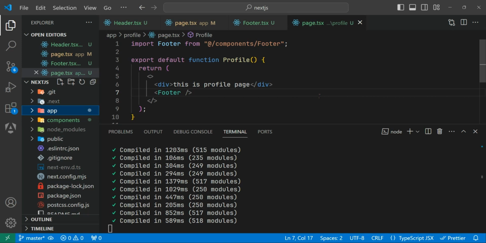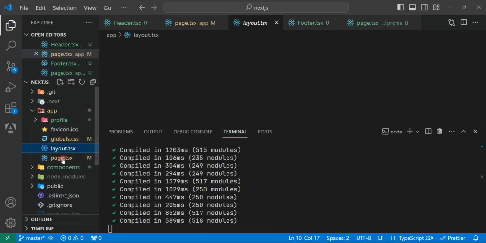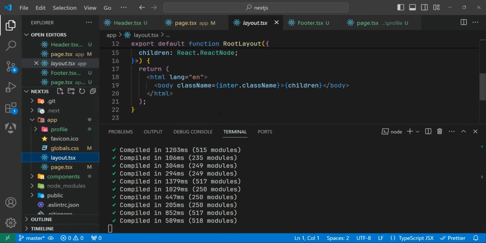Now the other is if you want to use some components or some texts, some elements reusable inside other pages, we use layout.tsx. At this point we have created the layout on the root of our app folder, so this layout is shared across all applications. So if I create a div element inside this